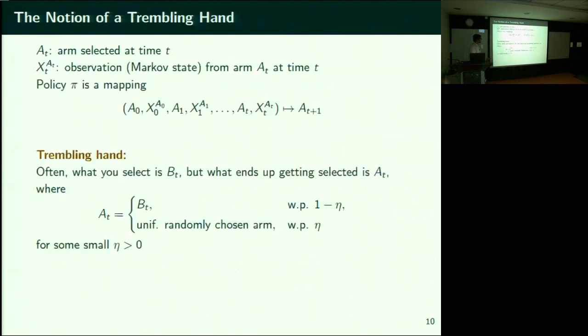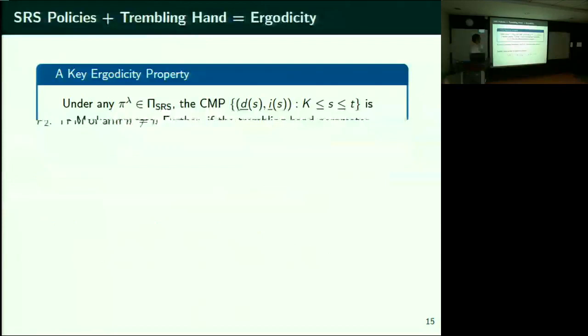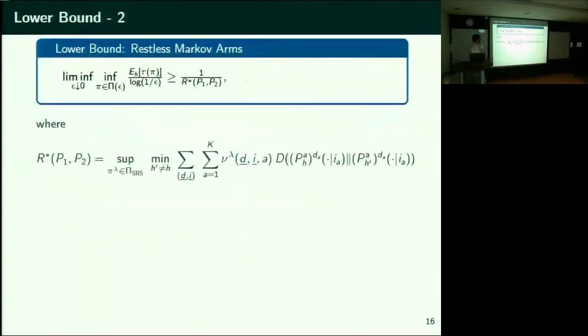Can you go back to that theorem, the lower bound theorem? The content of that theorem is that the policy on the left is any arbitrary policy, but on the right, you come up with an optimization problem that focuses only on SRS. So a static rule like this suffices to get the lower bound. But the policy should result in some kind of convergence. When you say any arbitrary policy, it doesn't matter. He actually looks at only limits there.